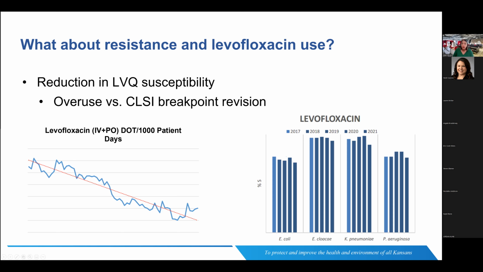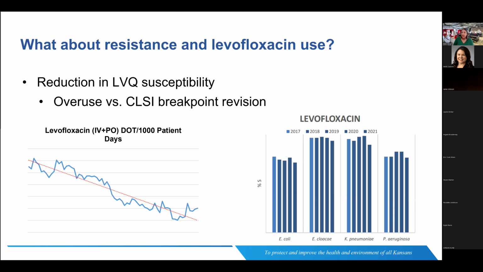After a few years of a stewardship program, if you are successful in reducing your use, you'll sometimes see improvements in antimicrobial susceptibility. If you look at this graph, the second to last bar, year 2020, we were starting to see a little bit of improvement in fluoroquinolone susceptibility for our E. coli, Klebsiella, and Pseudomonas species. And then in 2021, you have this dramatic dip in susceptibility. So what is that due to? Well, our levofloxacin utilization has been relatively low.